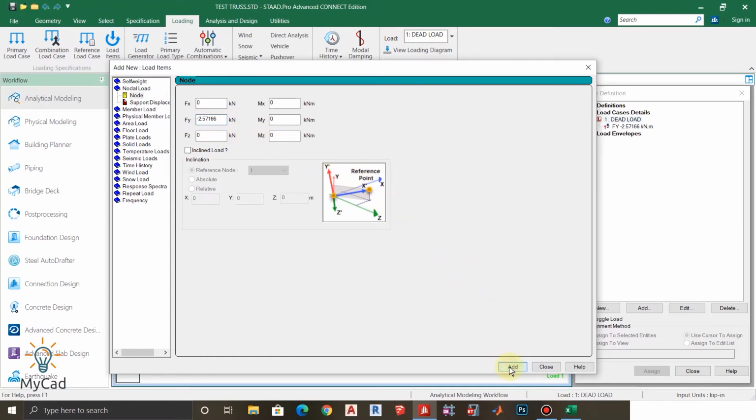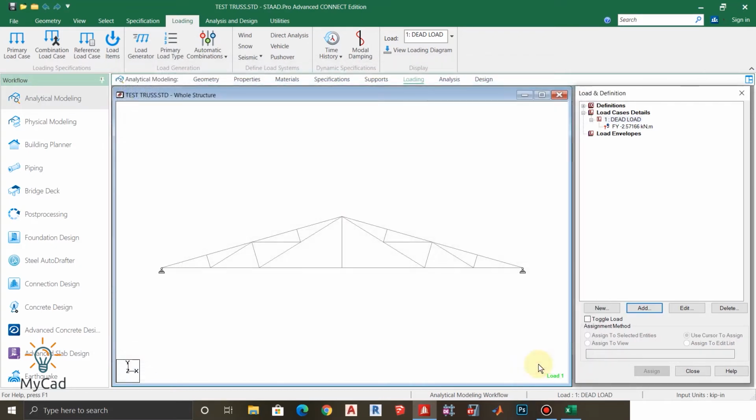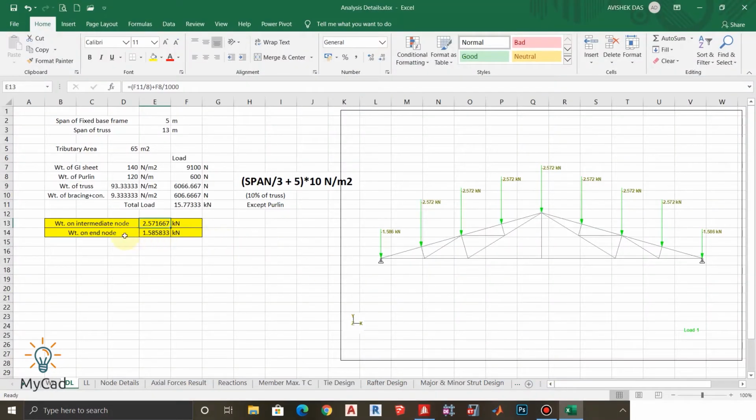I'll click on add, click on close. You can see one nodal load is created here, acting in the y direction with magnitude minus 2.57166 kilonewton. Similarly I will create one dead load for the end nodes also, that is 2.58583 kilonewton.